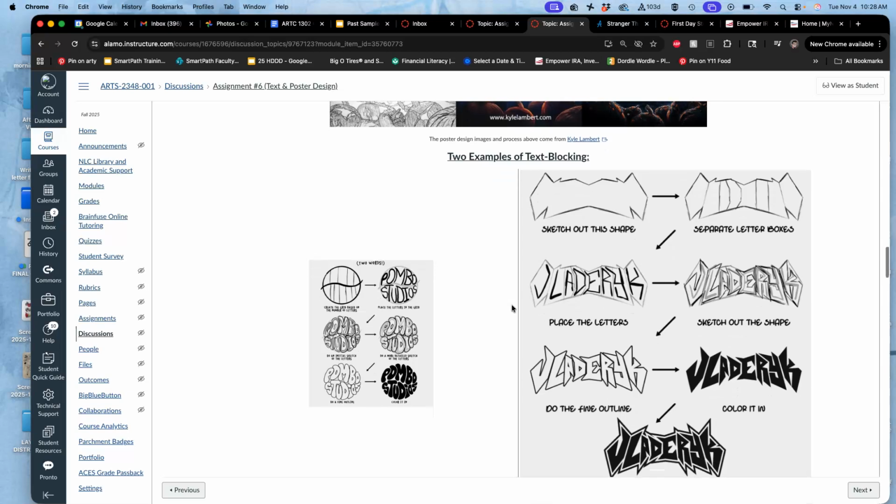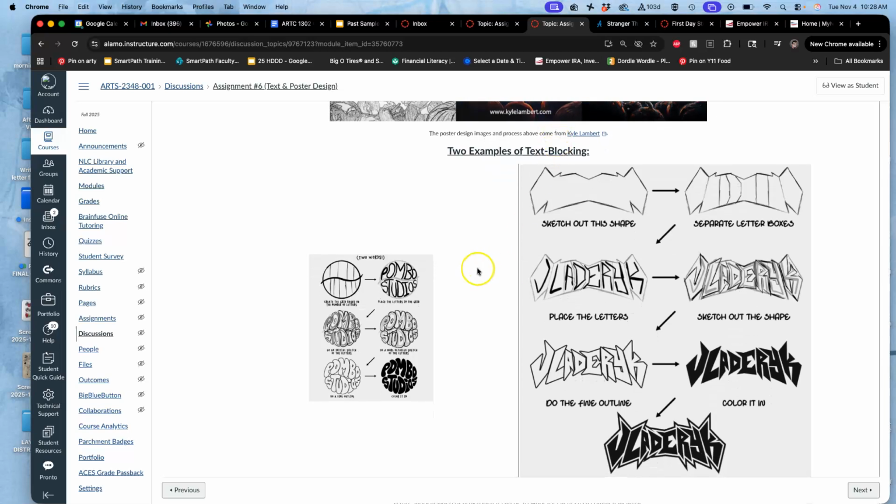One easy way to do this is text blocking, which is you figure out the shape you want the type to have, and then you cut it up to make the type fit, right? Type, especially Latin text, which is what we use, is really, really versatile. You can do a lot to letter forms and still have them be readable. It just depends how funky you want to go. So this is the difference between something feeling kind of